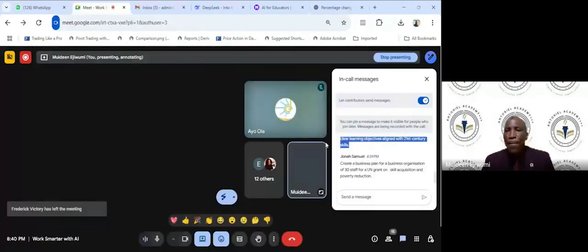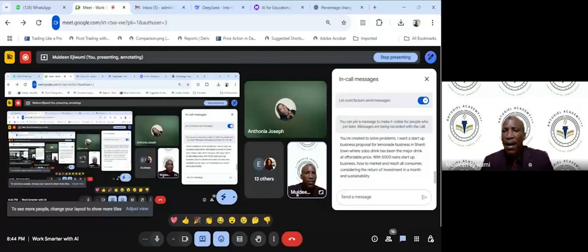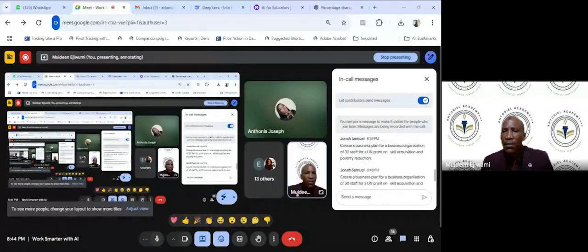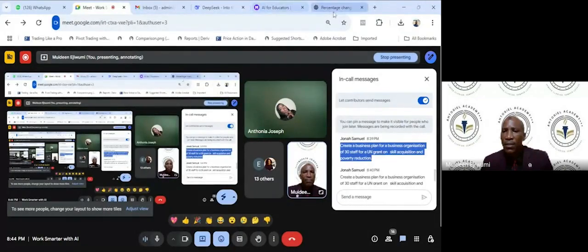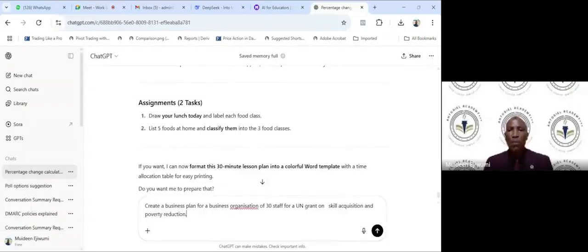Is that clear? Now from Mr. Jonah, we have: create a business plan for a business organization of 30 staff for a UN grant on skill acquisition and poverty reduction.